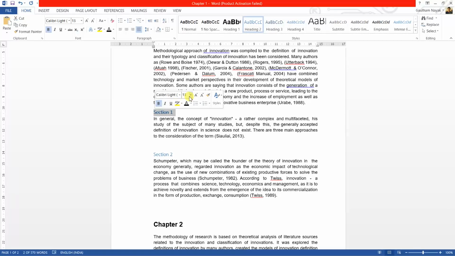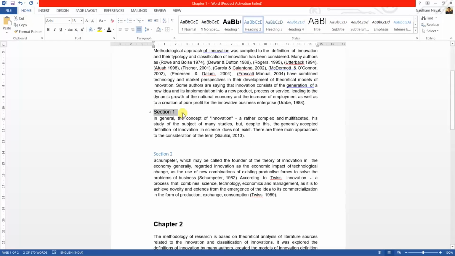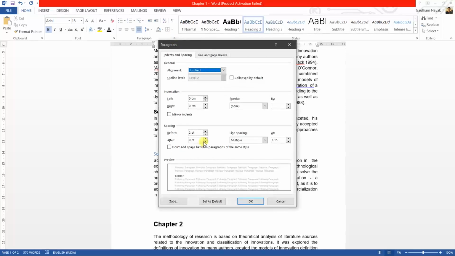We'll bold it, font size we'll keep as 13, and font we will change to Arial and color to black, and we'll add some paragraph spacing, and we'll set it to paragraph spacing of 5.